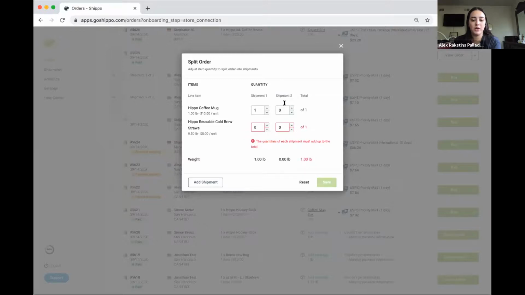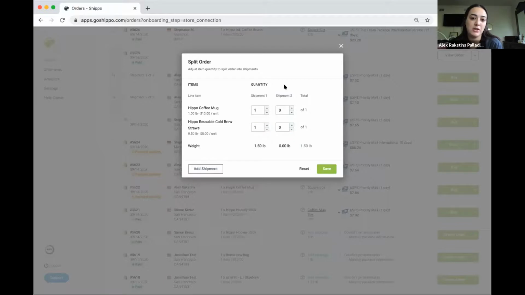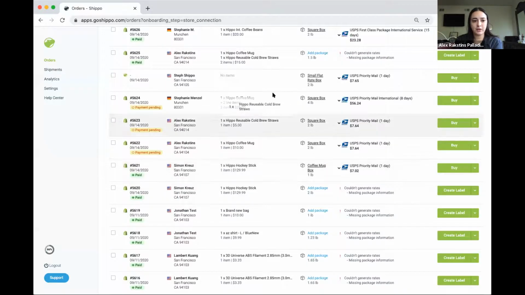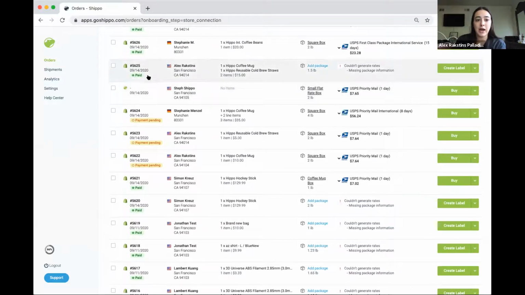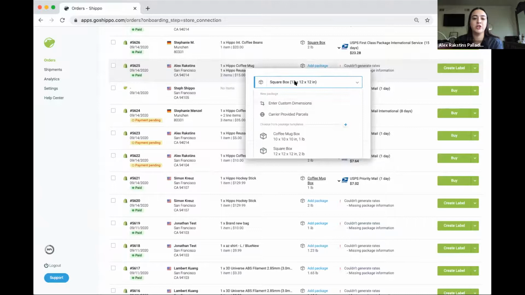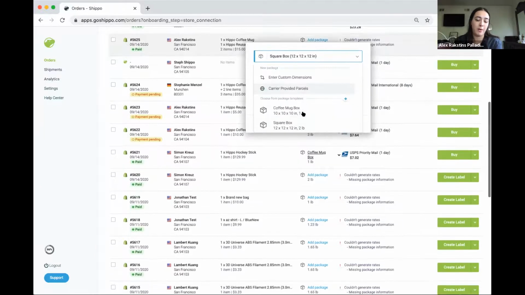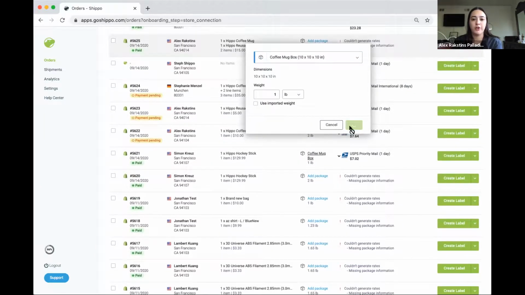So I'm going to go 0 items in the second shipment, and then it gives me a nice red flag to make sure I know that I haven't chosen to ship all of my options and I don't forget about it. So again, I take everything out of shipment 2, put everything back into shipment 1, save it, and then you can see that it collapses back together and then gives me the new option to choose whatever type of box I want to. Go from there,